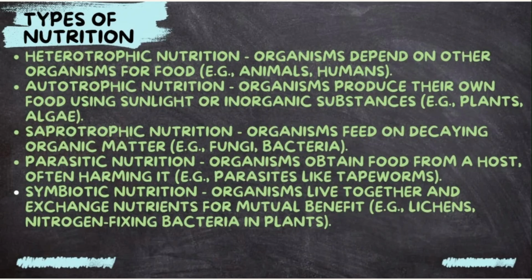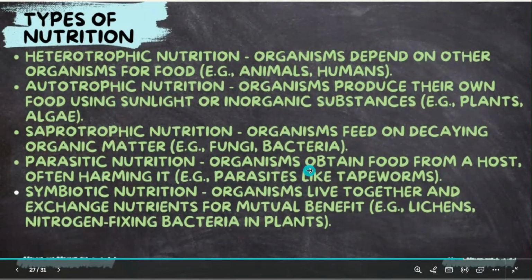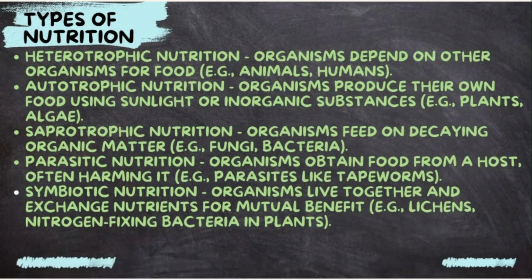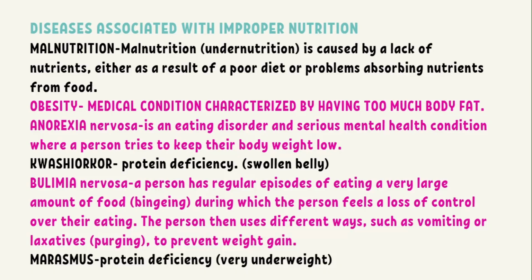So then we have the parasitic symbiotic relationship, which is basically what we already described here, with the organism obtaining their food from a host and then causing it harm, right? So those are different types of symbiotic relationships. Now let's talk about